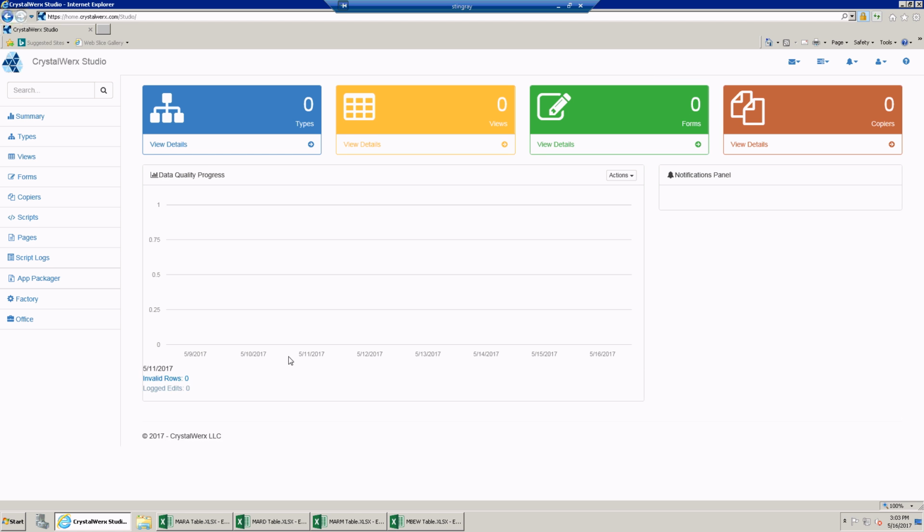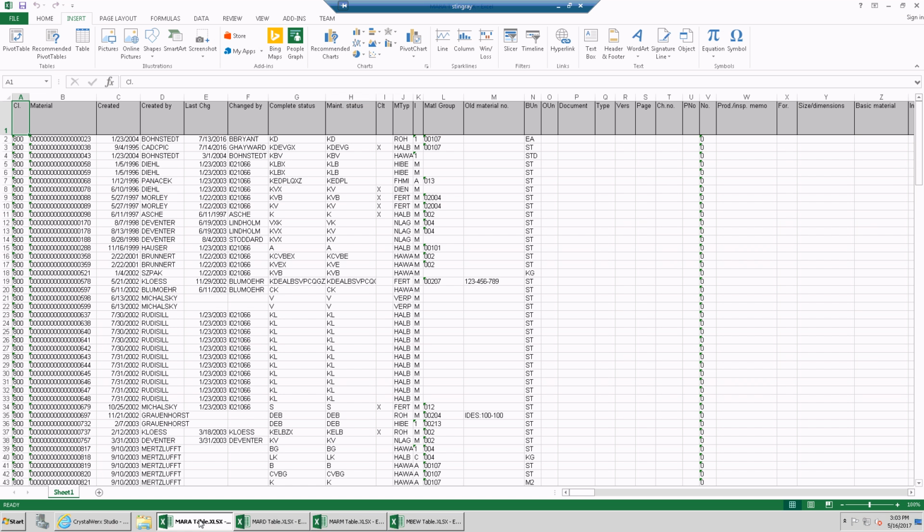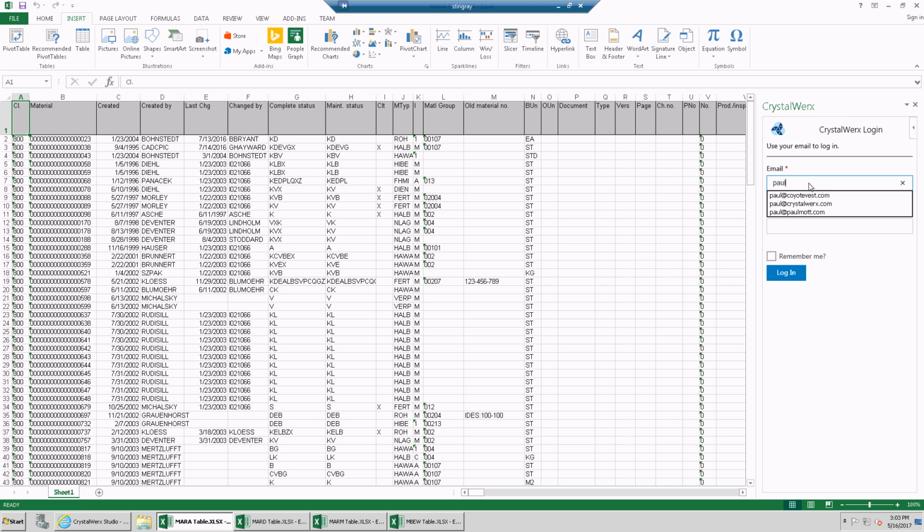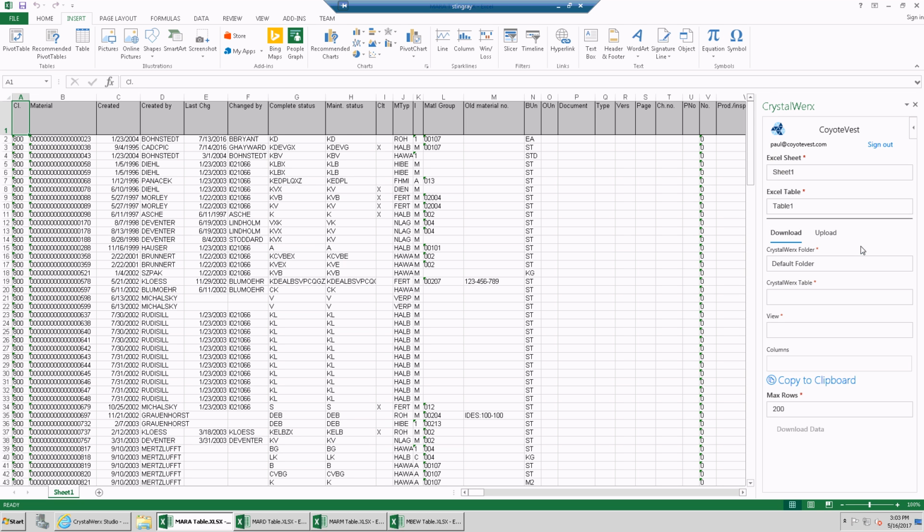All I really need to do is go to the Excel spreadsheet, go to the Windows App Store, and locate the CrystalWerx Excel Gateway app, and we will log in using the same credentials that we used when we created our CrystalWerx site. All right, now that we're logged in, if we start looking at this app here,